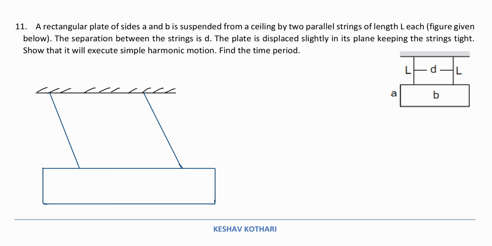So over here, if I start putting up the values which we know, I'm drawing it in this way, that we are considering that this particular angle be theta, and this theta is very small. The separation between these 2 points is small d. The length from the point of suspension is L, and the rectangular plate is having sides A and B respectively. So this one is A and this one is B.